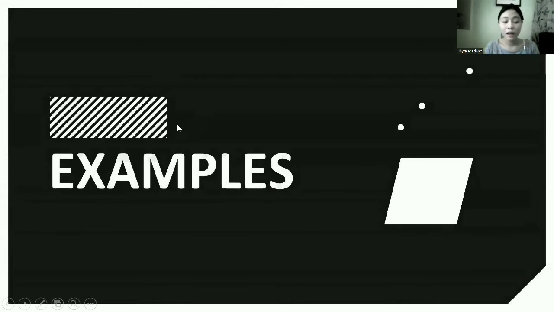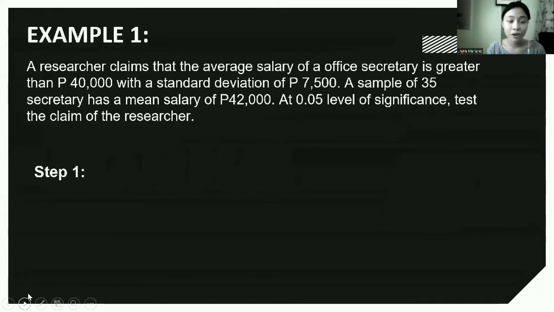Guys, since familiar na tayo sa null and alternative, sa types ng hypothesis testing, as well as sa one tail, yung right and left, and two tail, may niready ako dito na 5 examples. 3 of them, i-discuss natin step by step, and the last 2 kayo yung magsasagot later. So, proceed na tayo. So, example number 1, a researcher claims that the average salary of an office secretary is